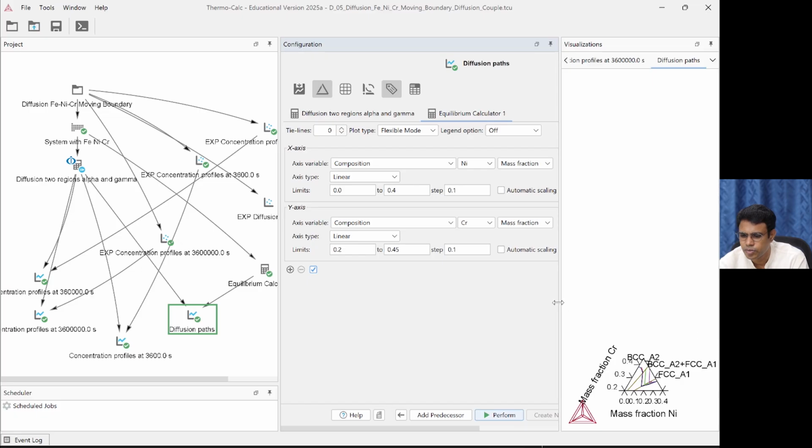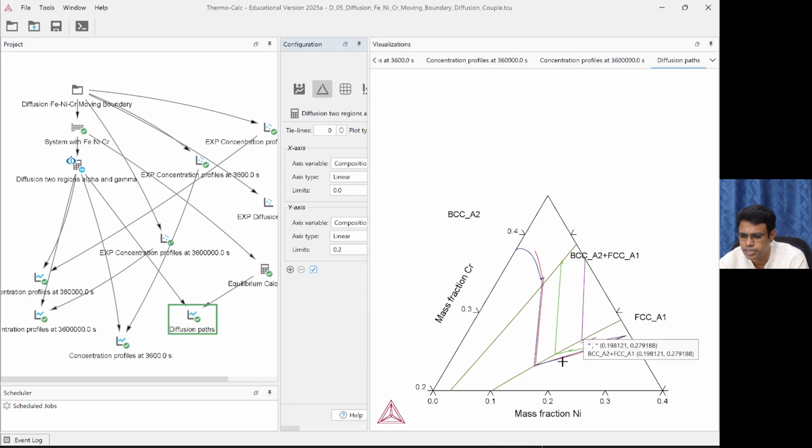Now if I open it, you can see the diffusion path nicely following the tie line. This is the first end member and the second end member. Now nicely this diffusion couple traces this diffusion path in the phase diagram. You can see that.